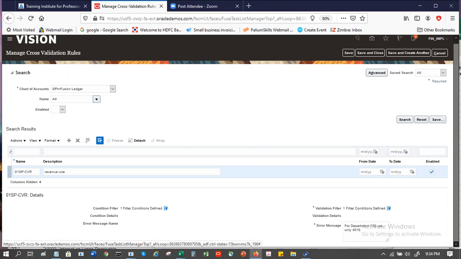So Saurabh, what do you use in the validation filter? In the condition filter, I have used 120 for department